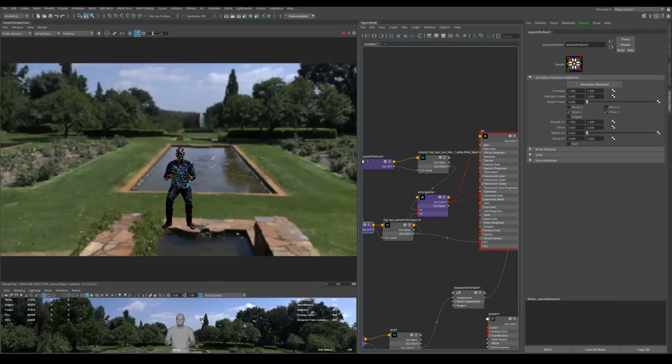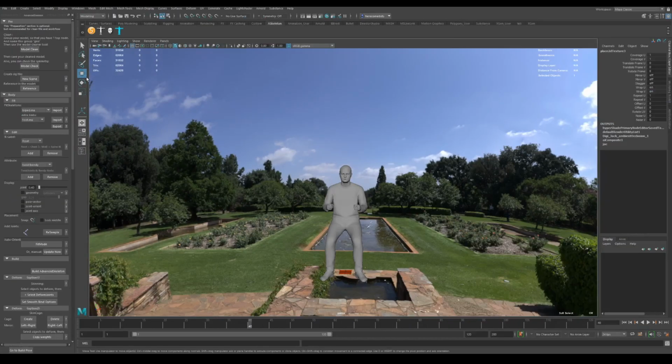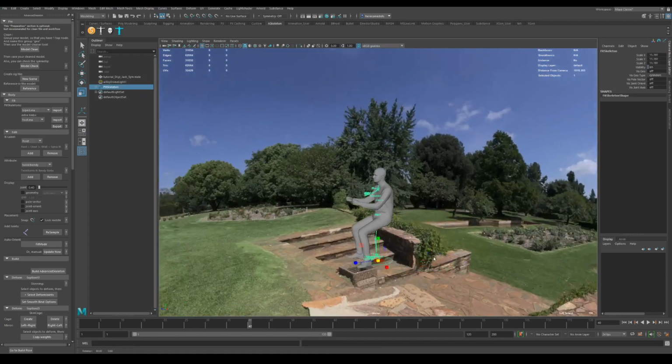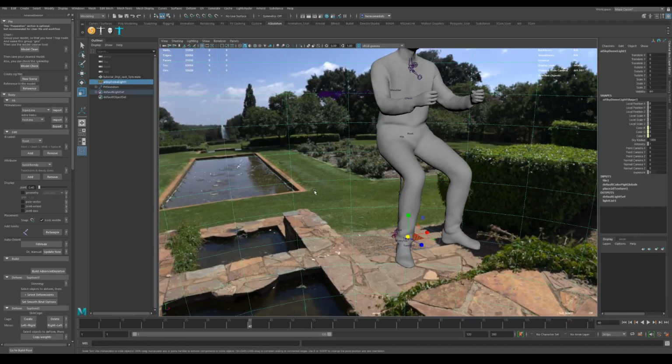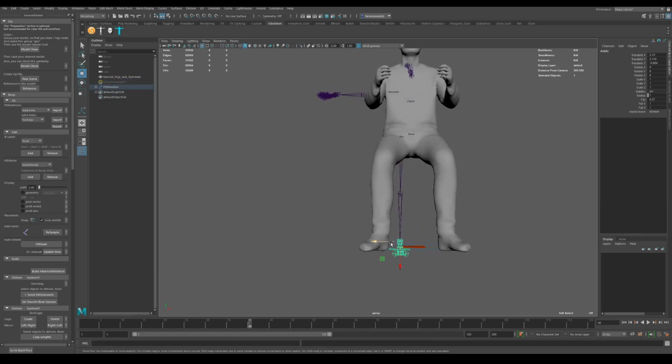So once we have our texture and our material fully set up, we can begin the rigging process. The rigging process is very straightforward because I'm using a tool called Advanced Skeleton. It makes it very easy to import and set up a rig for a character. So you can see here, I just have to set up these points for one of the sides, the right side. So just get the foot, move it into place,